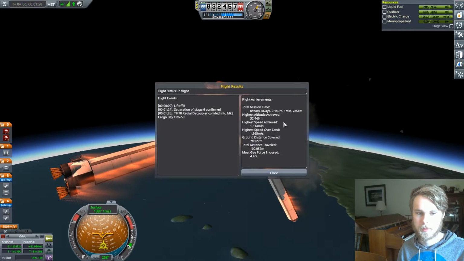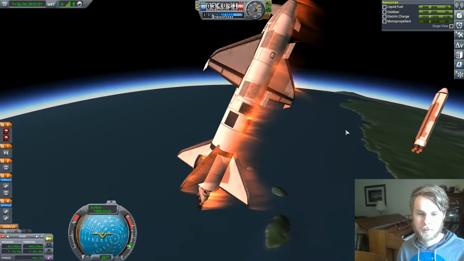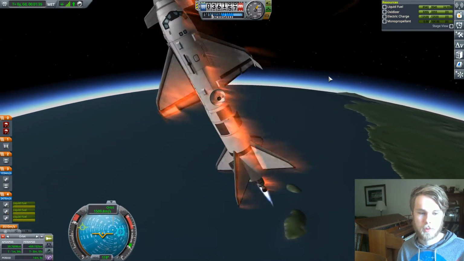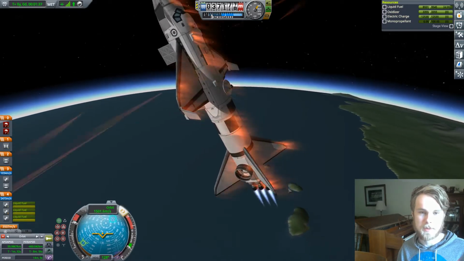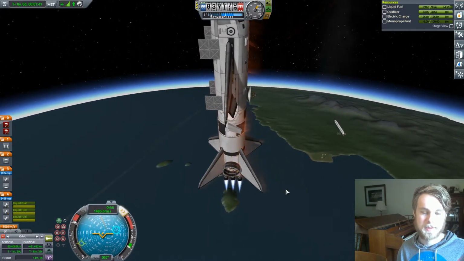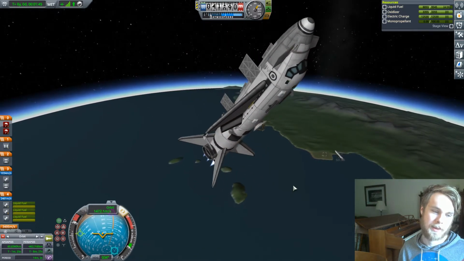What exploded? Okay, the radial decoupler exploded. That's fine. Oh shoot, we're slowing down drastically. We need to fire up these engines. I thought we had the high thrust engine, but we don't. I need to stop monologuing while I'm flying, otherwise something bad will happen and I won't be there to